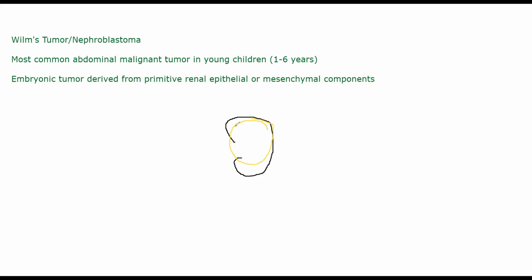Sometimes in 5 to 10% of cases it can be bilateral. So it will be mostly unilateral. In 5 to 10% of the cases it will occur in both the kidneys, hence bilateral. Okay, if it is occurring unilaterally, somewhat your body will still be able to filter because the other kidney is working. With a bilateral tumor it is very difficult, the patient will have to be subjected to dialysis and things